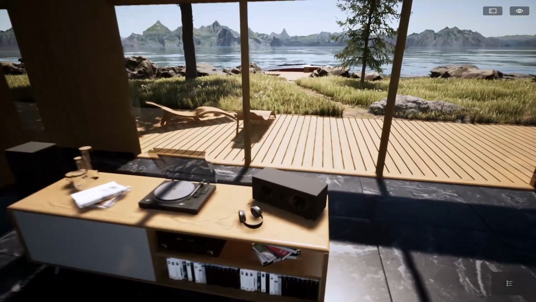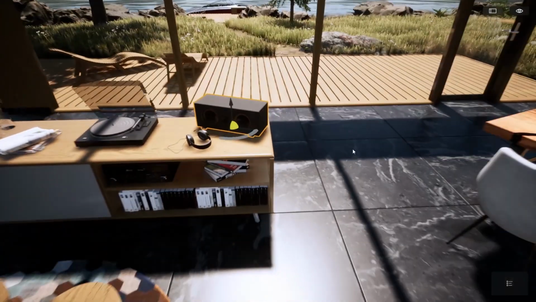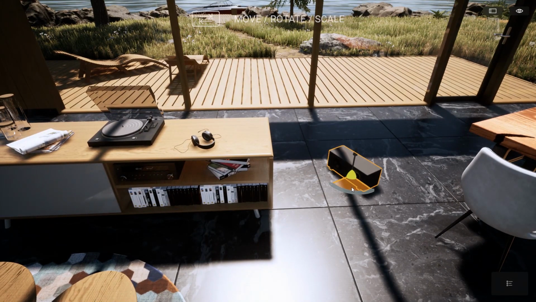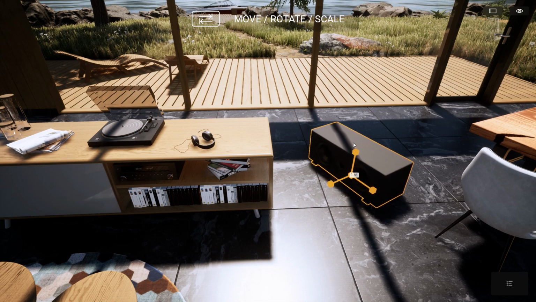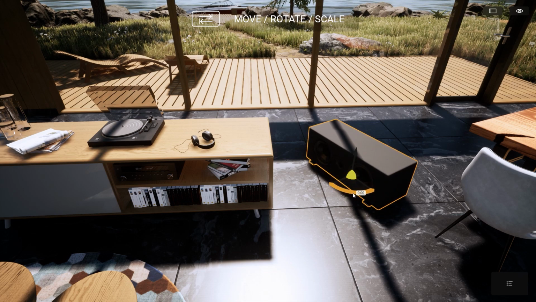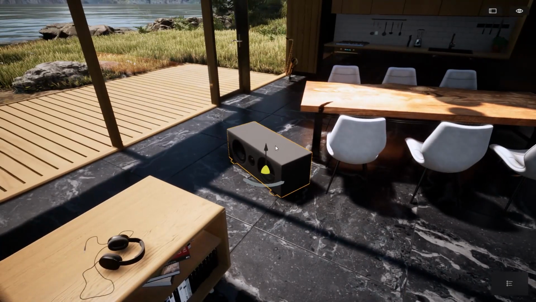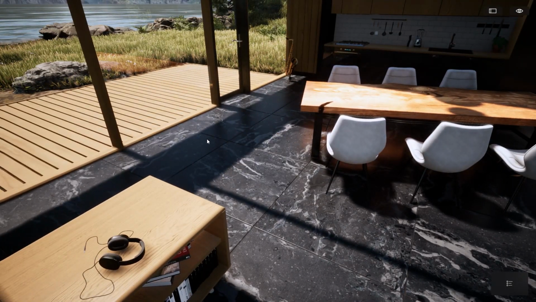If I want to scale an object also, I can simply select that object, place it on the ground, maybe turn it, and just press Tab to switch to the Scale tool to scale it up. You can even select an object and delete it while you are in full screen mode like that.